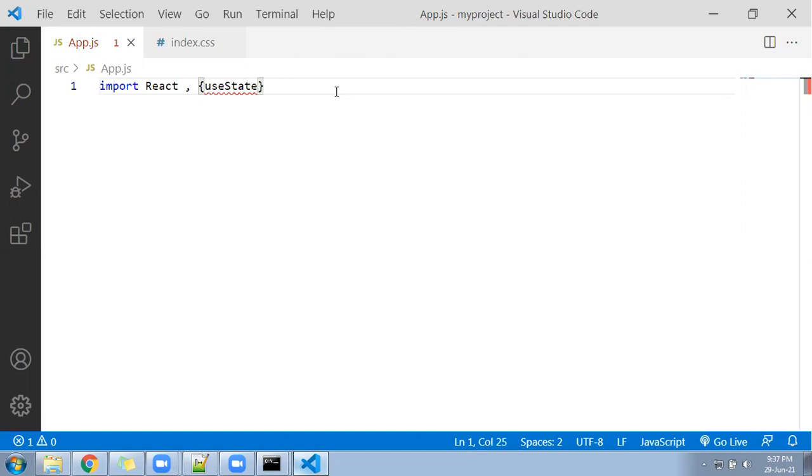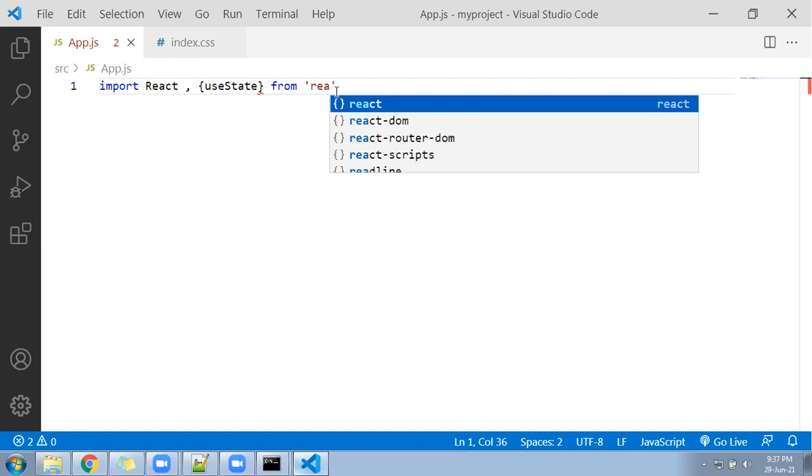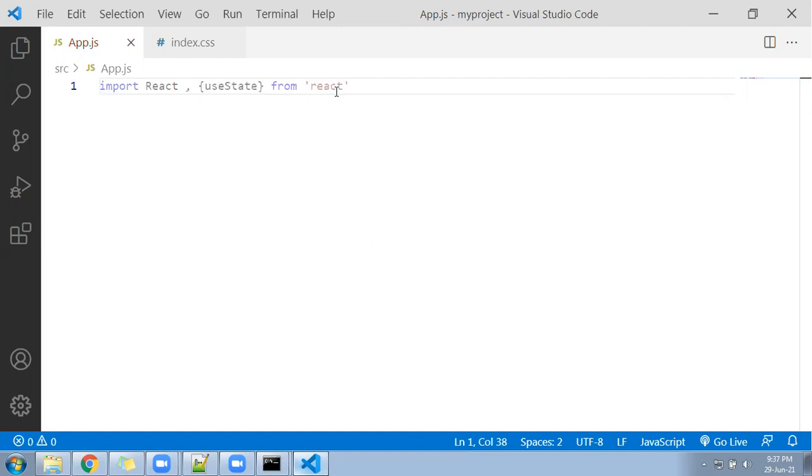useState from React. While implementing the class component, we used to import Component here in the place of useState, but now we are going to import useState. Let's come down after that. Since it's a functional component, you have to create a function.